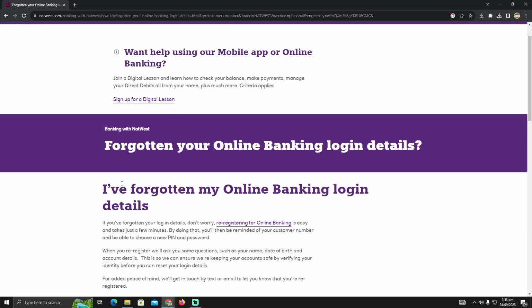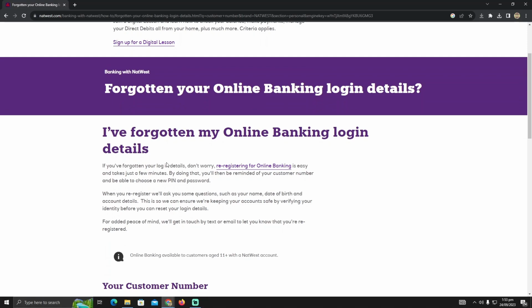And now here you can see, if you have forgotten your customer number, what they are suggesting is you don't have to remember it. You can simply re-register for online banking. So you don't have to recover your old number. You can simply create a new account by re-registering for the online banking in